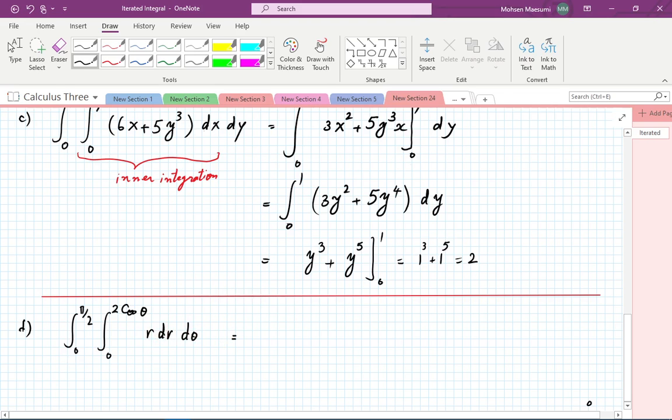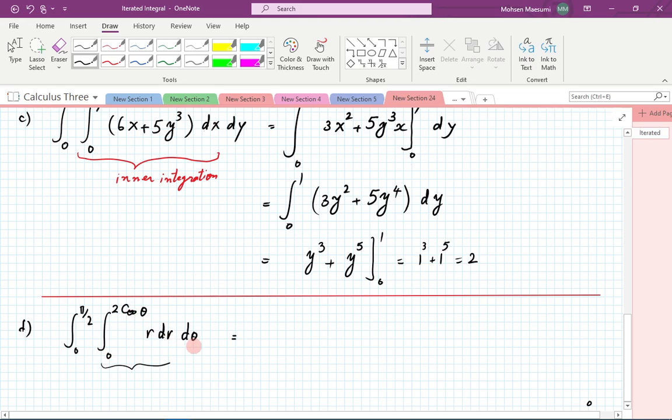When you see r and theta, it typically refers to a situation in polar coordinates. Some equation is given in polar coordinates and we are performing the same kind of integration, maybe finding an area or something. But as far as the double integral is concerned, it's exactly the same as before. It doesn't matter if you have x and y or a and b or whatever, it's the same thing. So the inner integral is with respect to r,